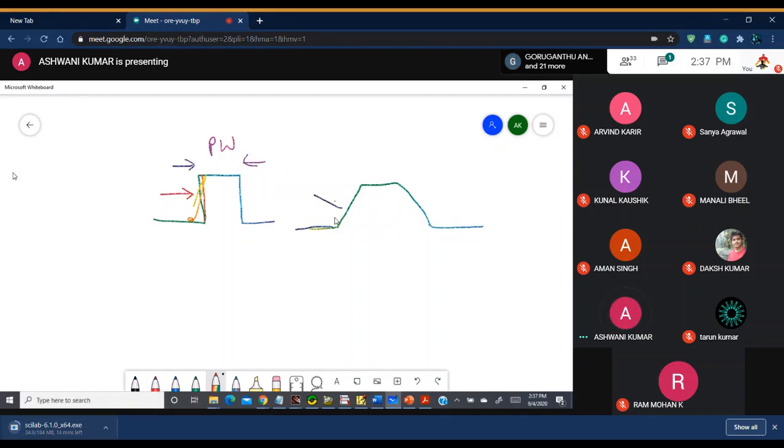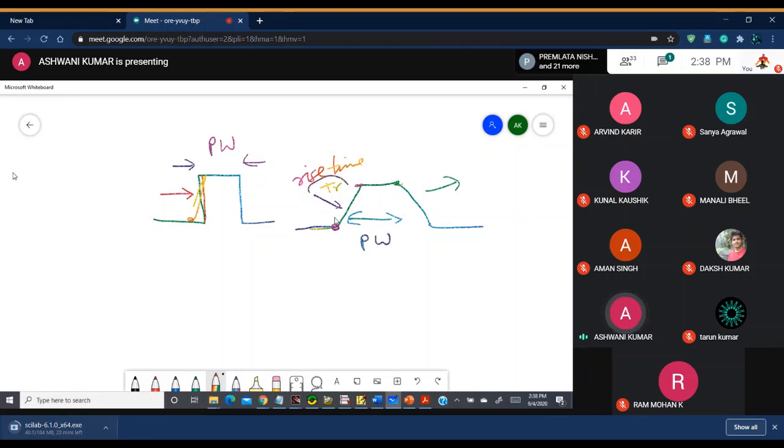The time taken by the signal from here to reach here is your rise time, TR, and the time taken from here to here is your fall time. I don't exactly remember the word. So this is the fall time, and this width is the pulse width.